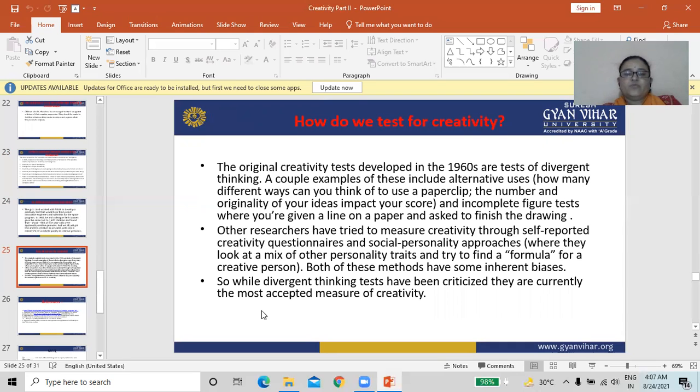The number and originality of your ideas impact your score. Another is the incomplete figure test, where you are given a line on a paper and asked to finish the drawing.